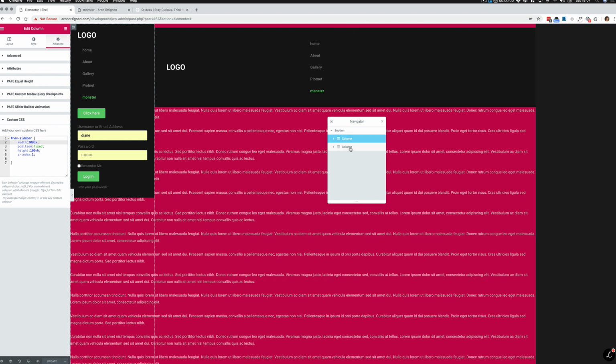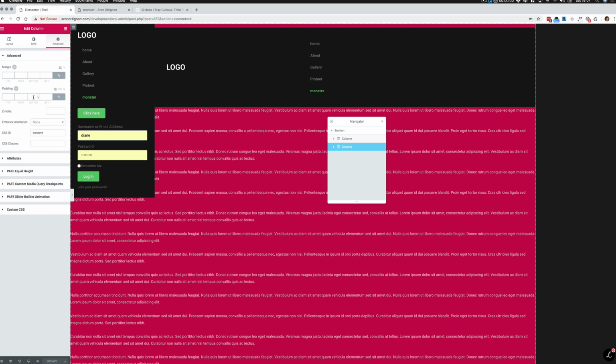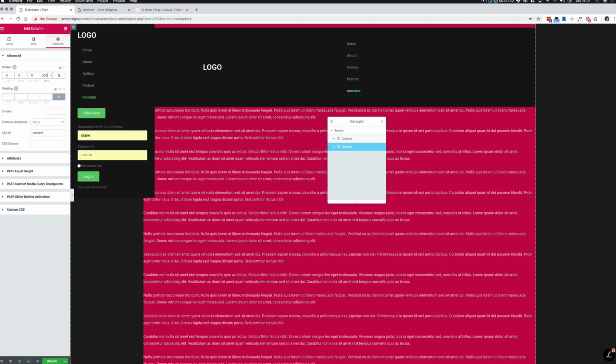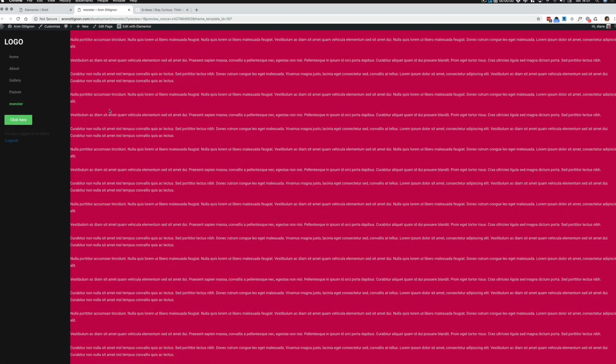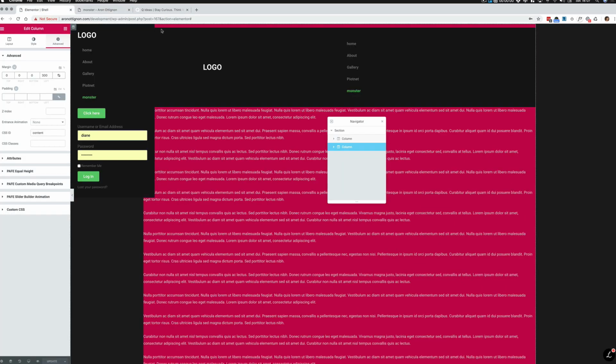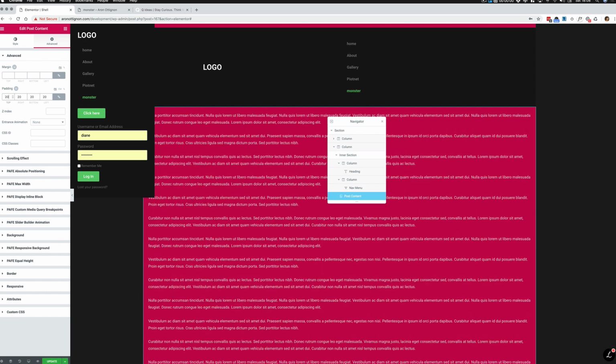So in order for us to move this, we'll click on the column and we'll add 300 pixels to the left as margin, because that's how wide our menu is. So we'll put in 300 and now that's moved over. Let's update that. And if you refresh, now our content is actually moved over. And just to prove it, I'm going to add, let's see, where's our post content? I'm going to add a 20 pixel padding to the post content. So then you could see,